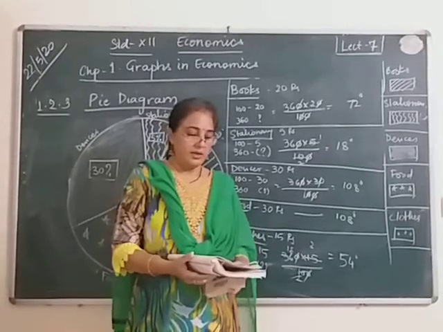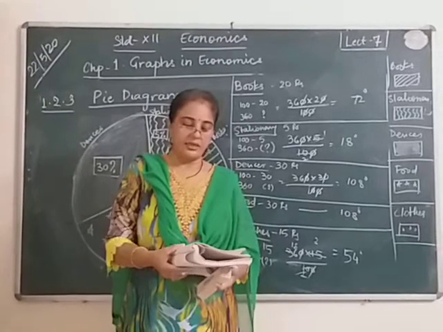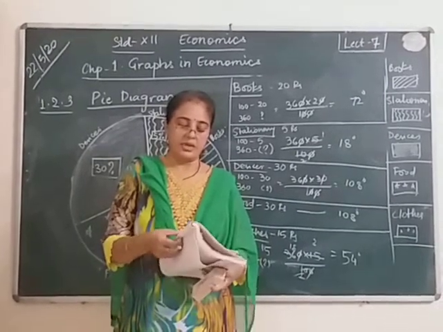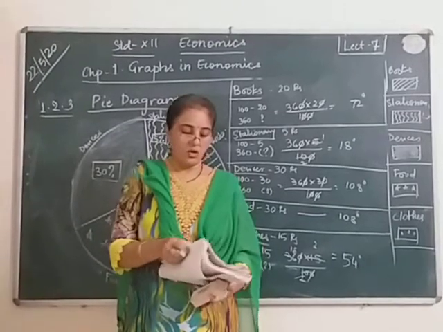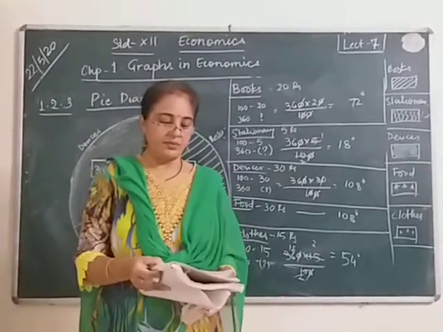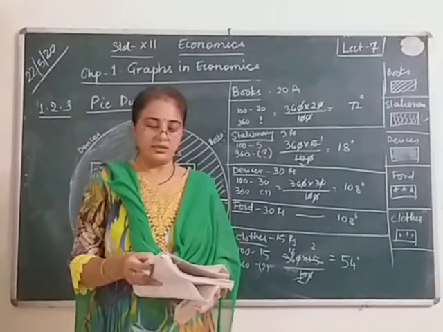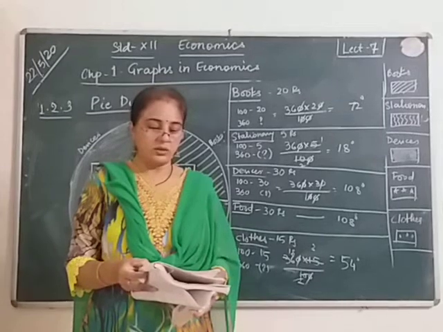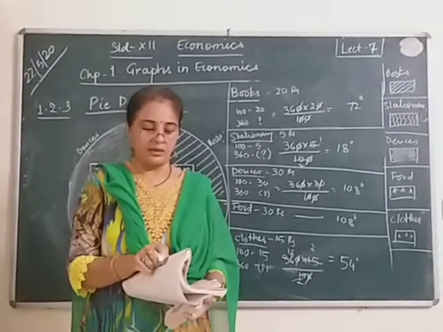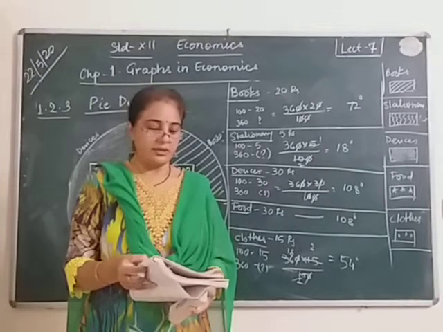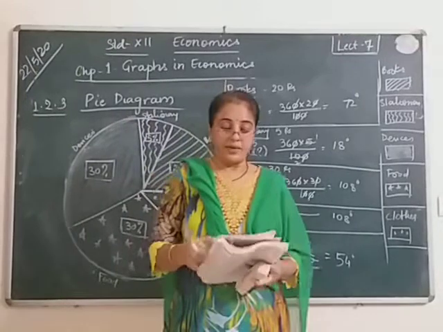Since an entire circle represents 360 degrees, the entire data represents 360 degrees, and sections or divisions of the data are represented by dividing the circle in degrees proportional to each data section. In other words, a diagram which is drawn by representing subdivisions of the entire data by proportional degrees in a circle is called a pie diagram. This is another definition.